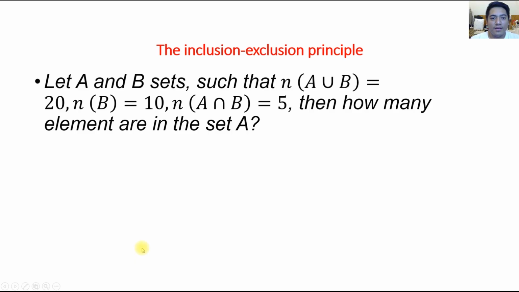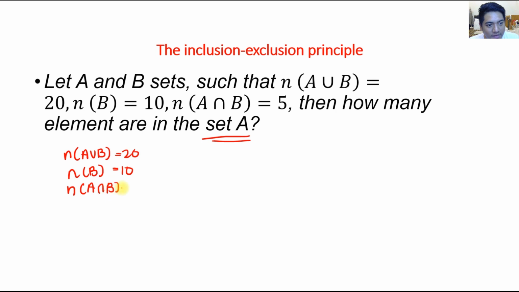So let A and B be sets such that the number of the union of A and B is 20, N of B is 10, and the intersection of A and B is 5. Then how many elements are in the set A? So we are given the number of elements in the union of A and B, that is 20. The number of elements in B is 10. The number of elements in the intersection of A and B is 5. Pretty simple. We are asked the number of elements in A. So from the formula again,